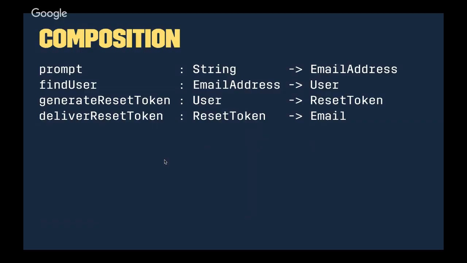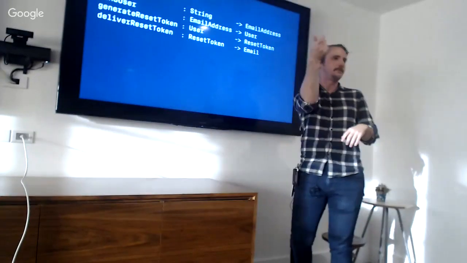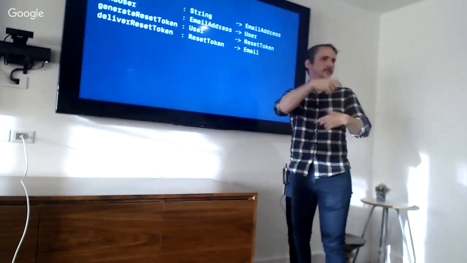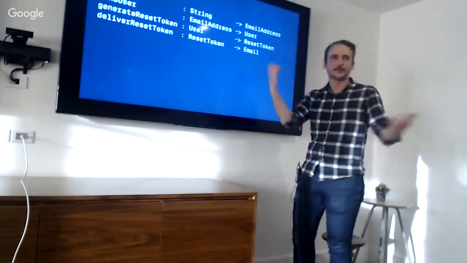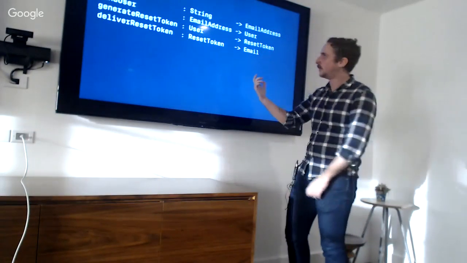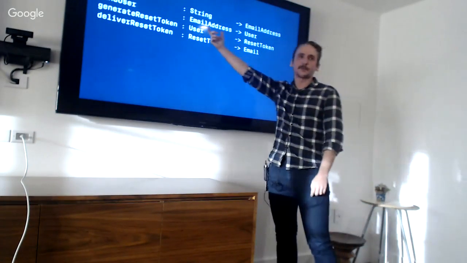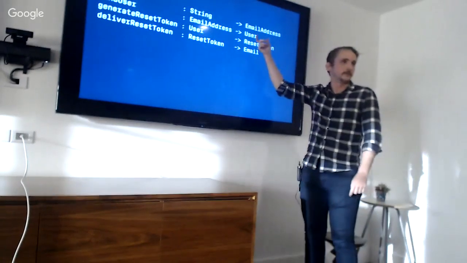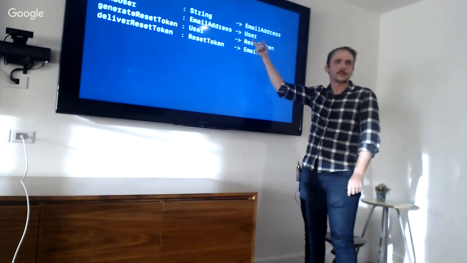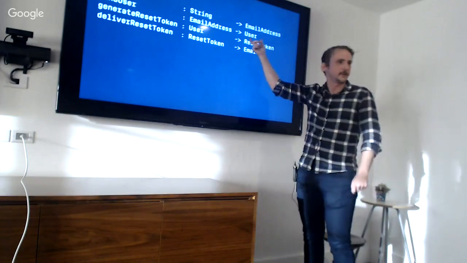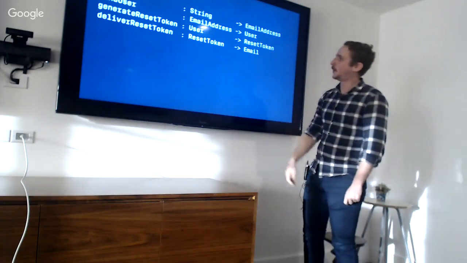Sure, yeah. I don't have the syntax to write it in a neat, compact way, but some things that I expect to go wrong. When I prompt the user for their email address, they might, for instance, Control-C out, and I might get an empty string back. I might not even have the email address to look up. I want to handle that. Given an email address, I may or may not have a user that matches. I might have an email that I can't find.